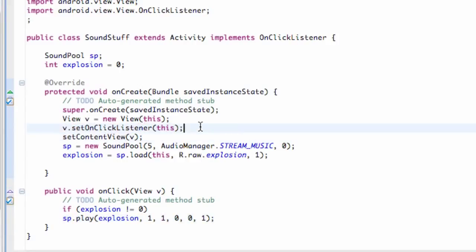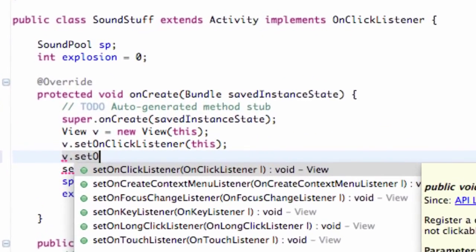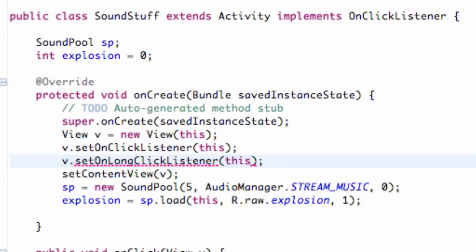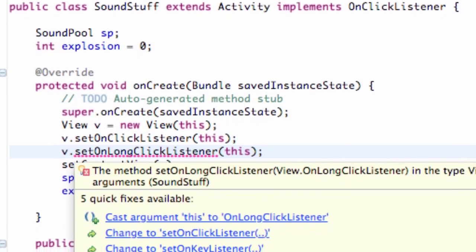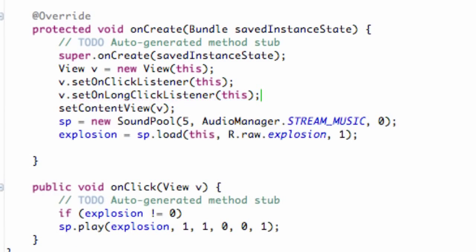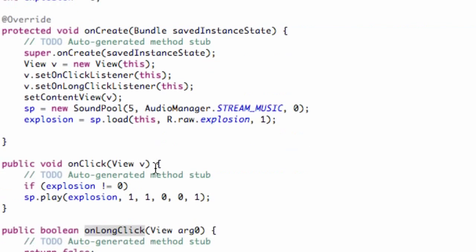So what we're going to do is hit view.setOnLongClickListener and hit that, and then we're just going to say this as well, and then we're going to let our class, sound stuff, implement the OnLongClickListener as well. So again, it just puts comma OnLongClickListener, and then we're going to say add unimplemented methods, and down here